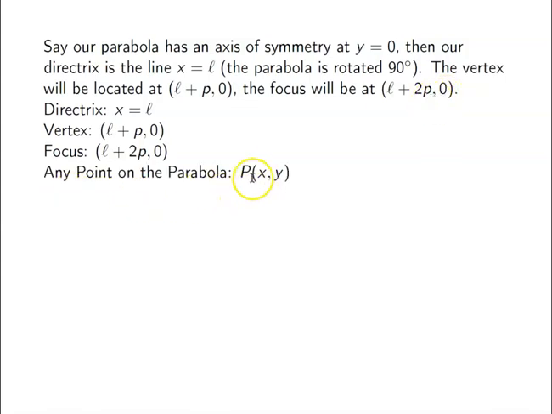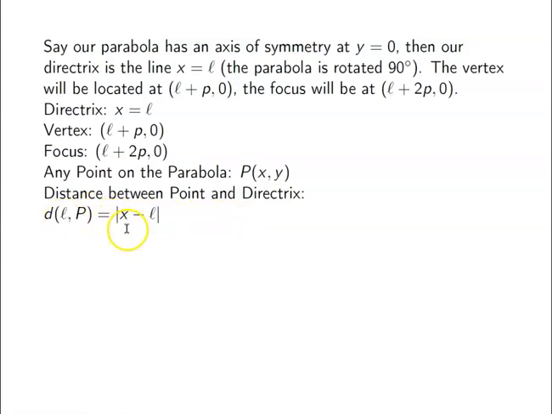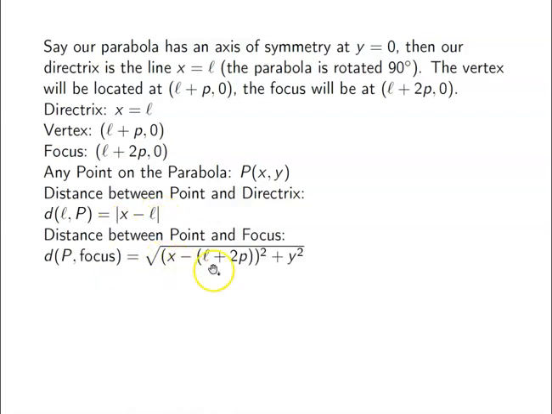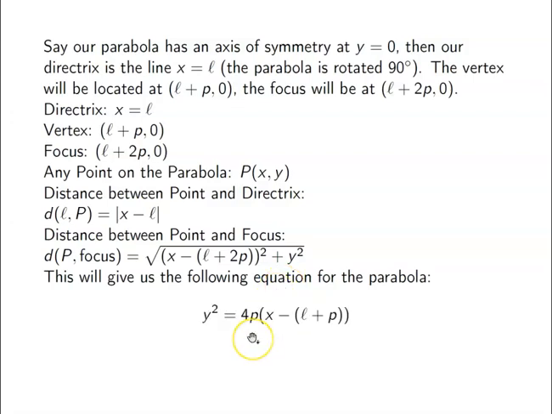Any point on the parabola is still x, y, as long as it satisfies the function for the parabola. And then the distance between the point and the directrix is x minus L, absolute value. And the distance between the point and the focus is very, very similar, the difference in x values, and then y minus 0, so that's just y squared. We do the same thing we did before, right? Do the math, set these two things equal, and simplify everything. And our equation will come down to y squared equals 4p times x minus my shift left to right,